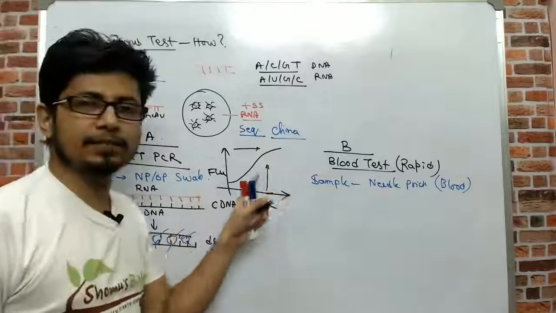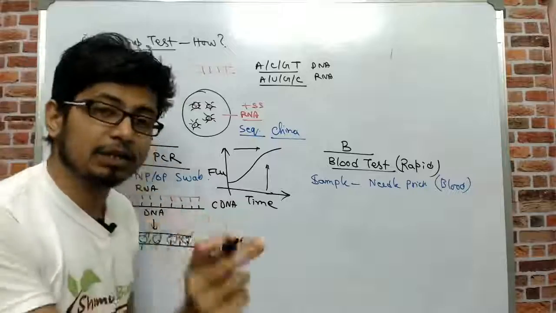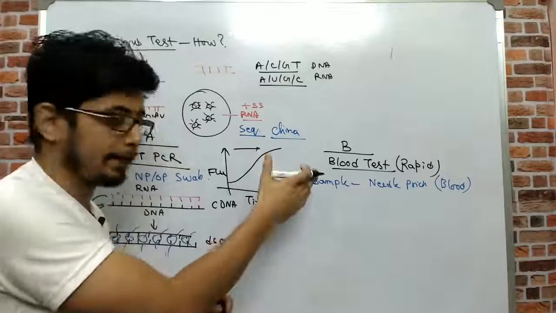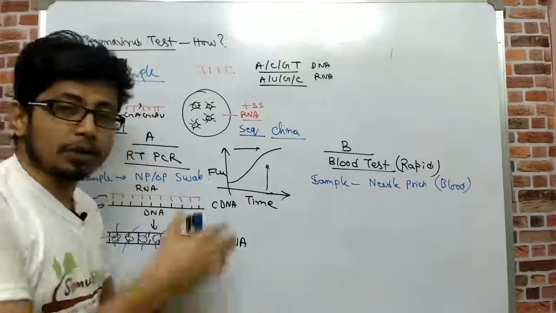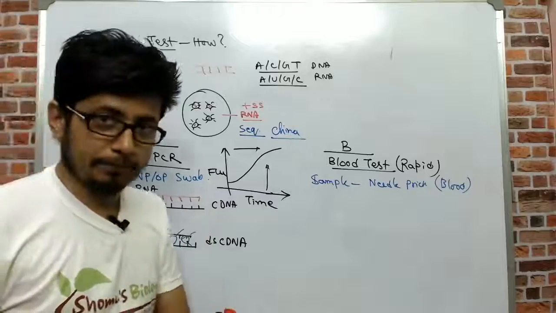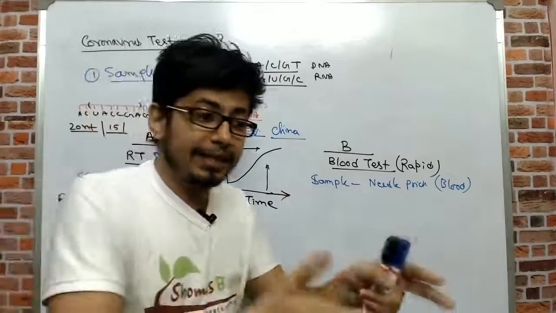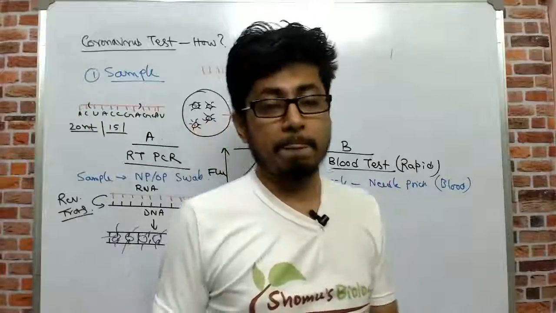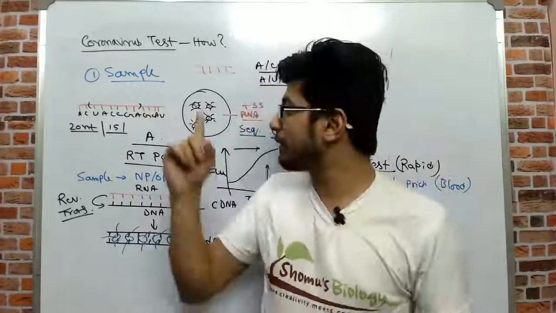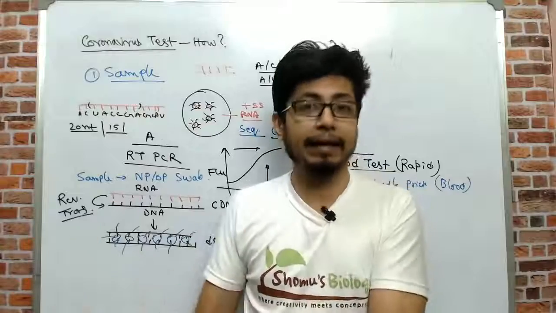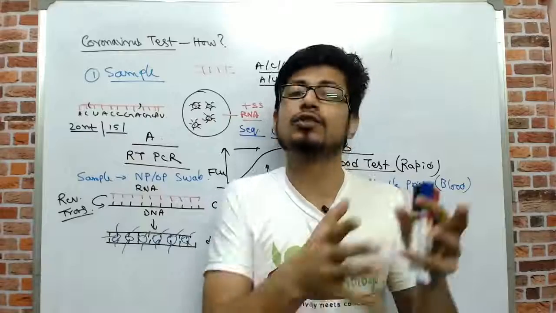So by seeing this fluorescence increment, we can find out, yes, the target region of the RNA, the viral RNA, is being amplified. So this gives us a positive result. If we find out that during the process of RT-PCR there is an increase in the fluorescence, that means our target RNA region is being amplified. If our target RNA region is amplified, that means the swab contained the viral RNA. That means the person is infected with the virus. So we back calculate and find the test to be positive.